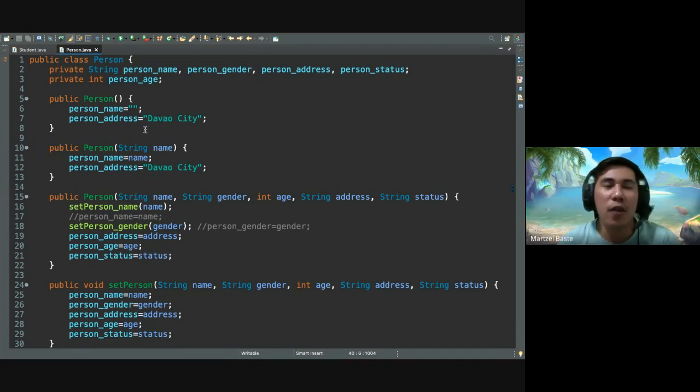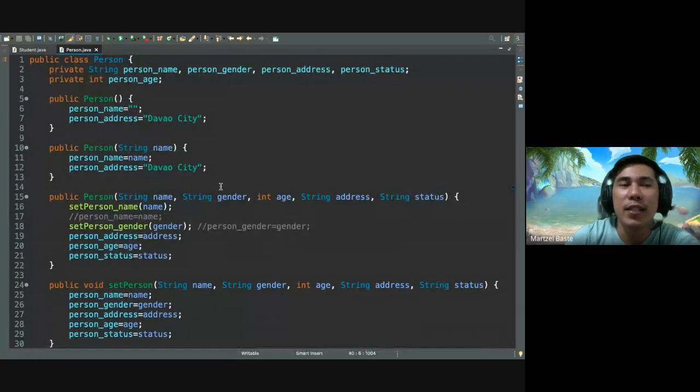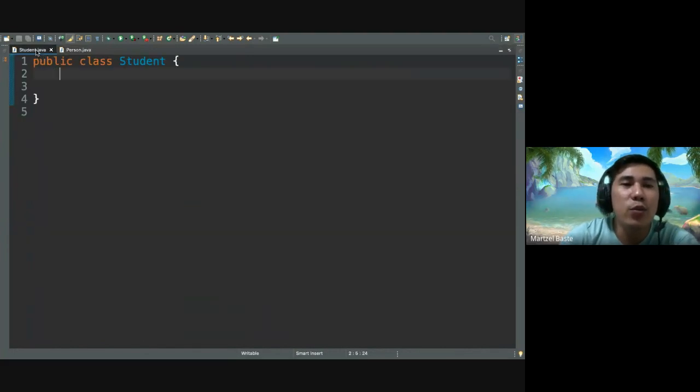We need to learn other techniques, other principles of OOP, which are inheritance and polymorphism. Actually, polymorphism comes next, but I will discuss it later, after inheritance. As long as you know how to encapsulate a class, it will be easier for you to understand inheritance and polymorphism. Why? Because the best way to actually learn